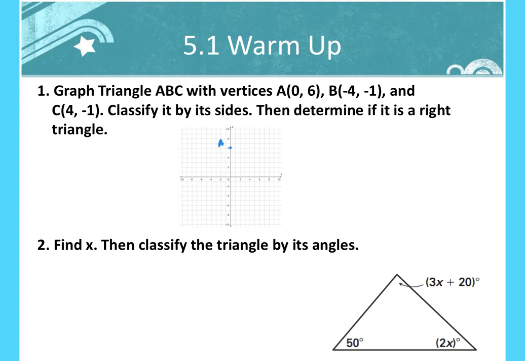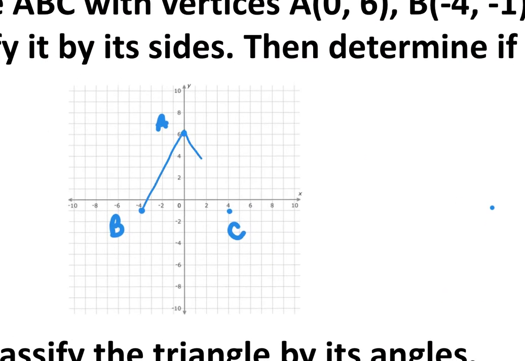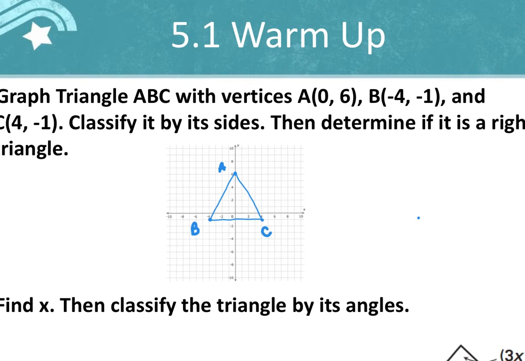B, which is (-4, -1). And C, which is (4, -1). And connect that as best you can. And it wants you to classify it by its sides. So the easiest part to